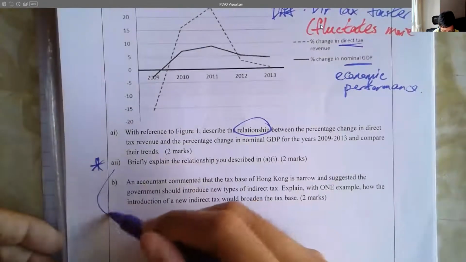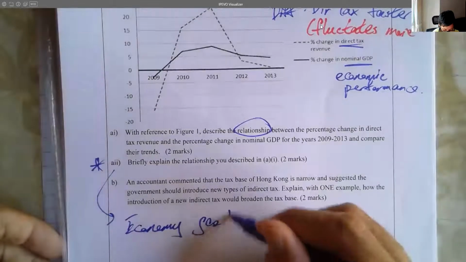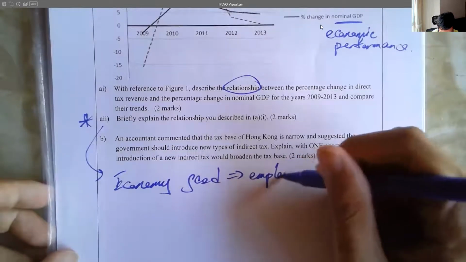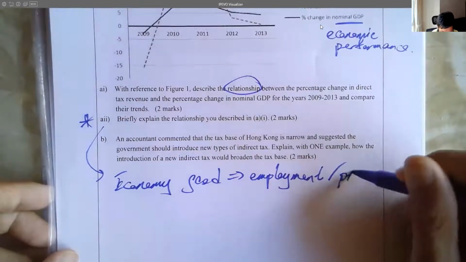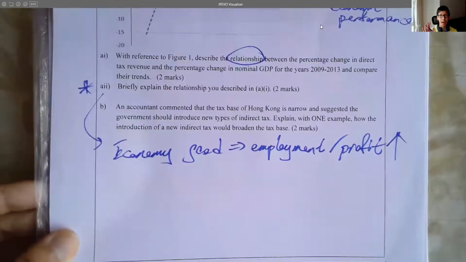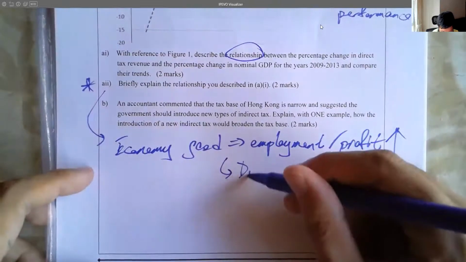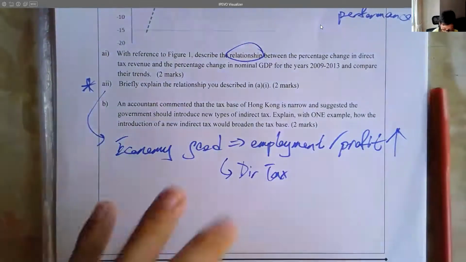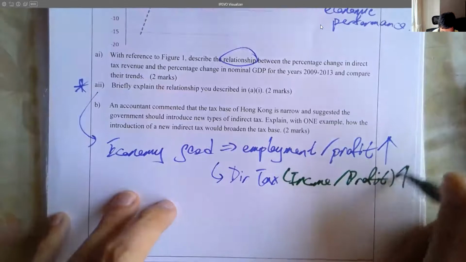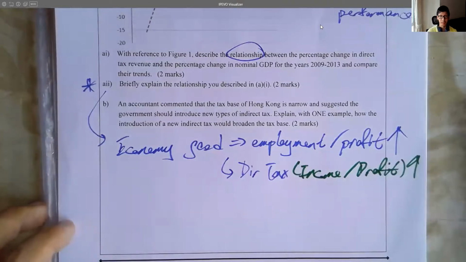Remember, when the economy is doing good, it means that the employment situation or the profits made by firms would increase. When more people are employed, more profits are ensured, then direct tax in the form of income tax or profit tax would also go up. 唔係經濟好嘅時候賺多啲錢咯，經濟好嘅時候 income tax 咪高咗咯，係咪？Profit tax 高咗咯。